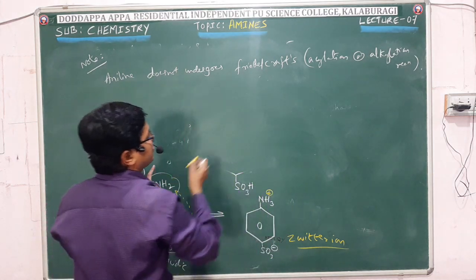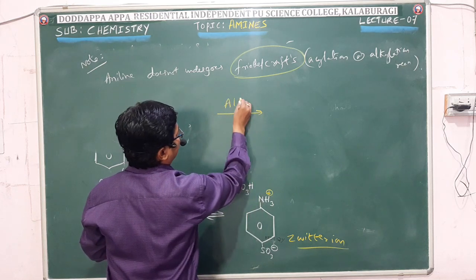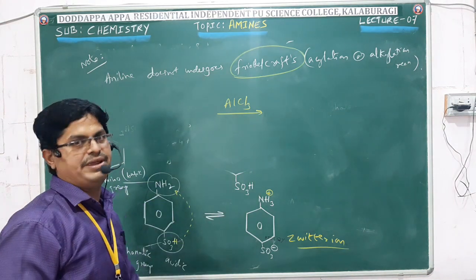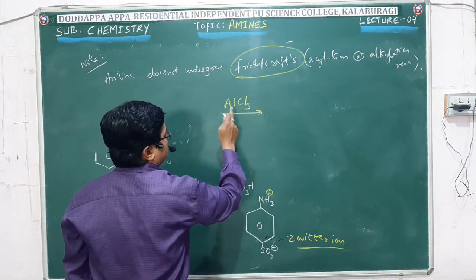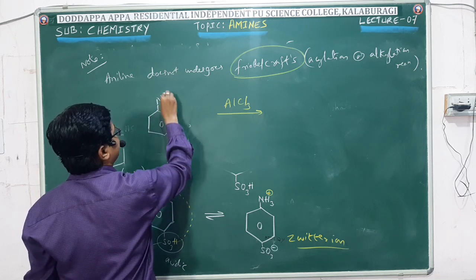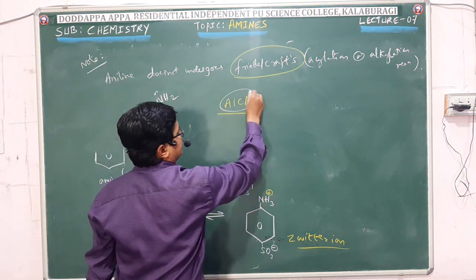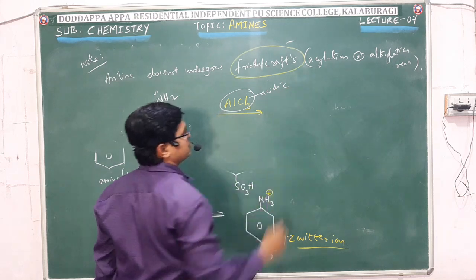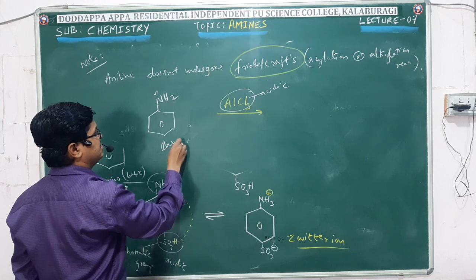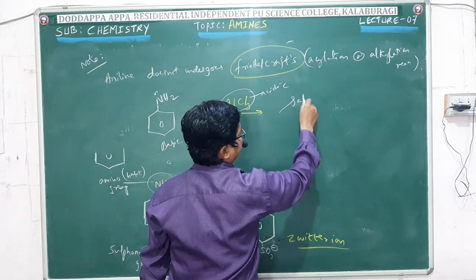Because in Friedel-Crafts reaction, we are using aluminium trichloride as a catalyst. In Friedel-Crafts acylation or alkylation reaction, aluminium trichloride is used as a catalyst. So in that reaction, if we use aniline, here aluminium chloride acts as an acid. It is acidic in nature. Aluminium chloride catalyst is acidic in nature, whereas aniline is basic in nature. Hence, an acid-base reaction takes place to form salt as a product.